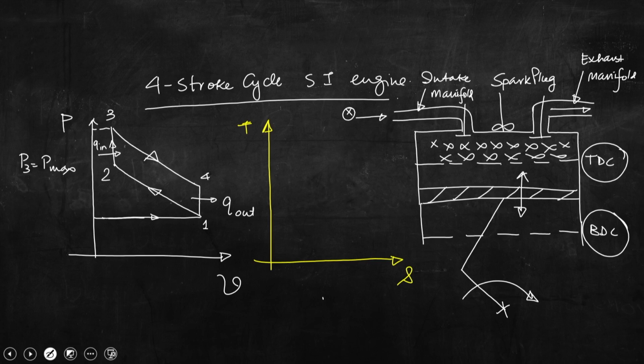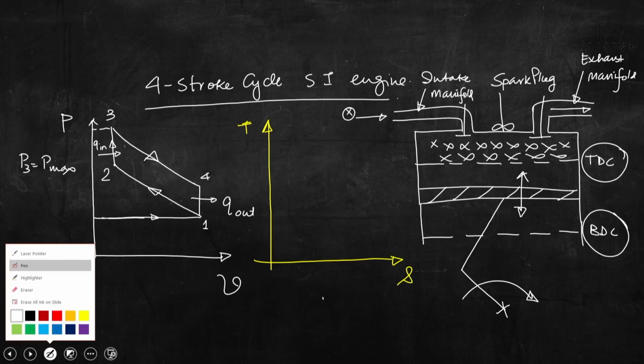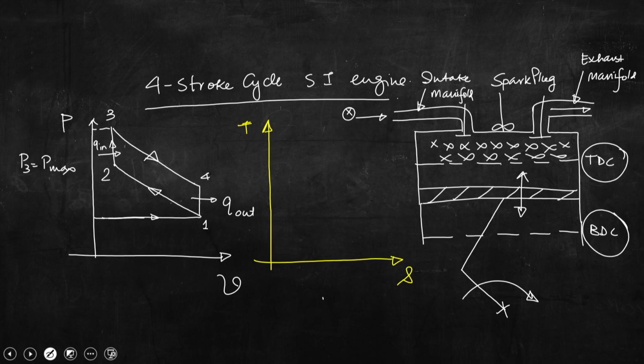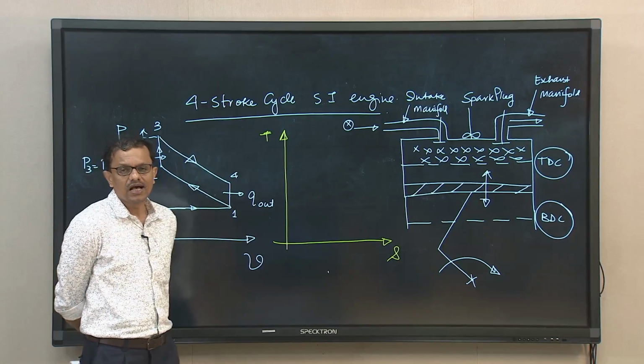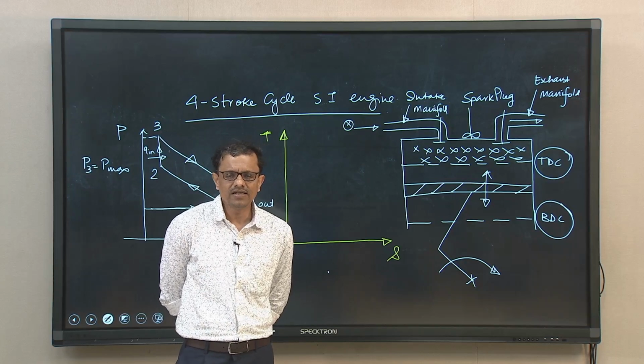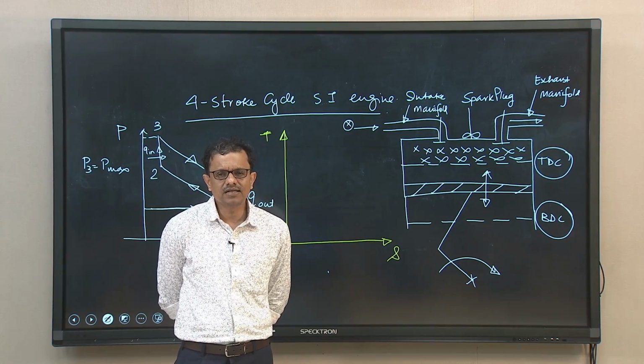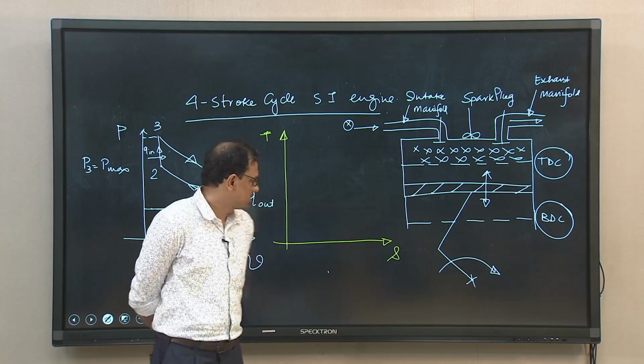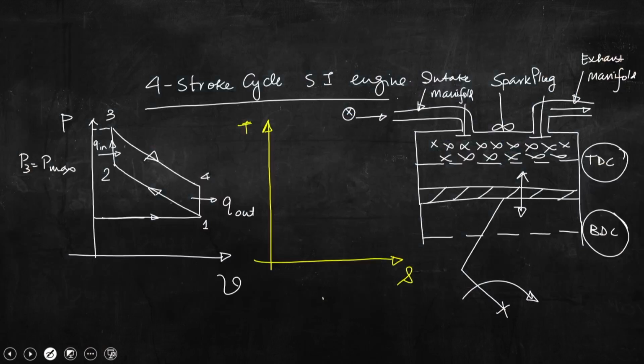Now, if we try to represent all these processes in the T-S plane, let us map all these processes. What I said is that 1 to 2 is an isentropic process. What does it mean? The process is isentropic, so entropy will remain constant. So, we map the process 1 to 2,